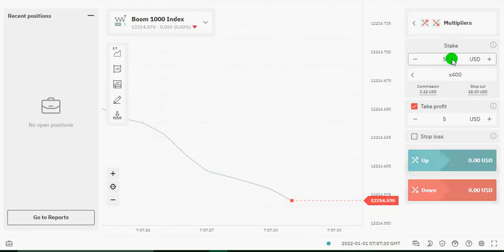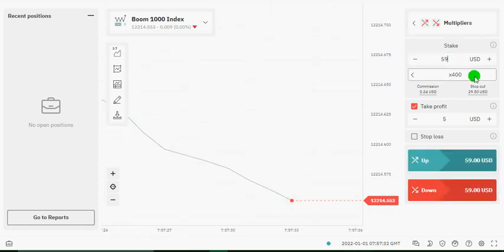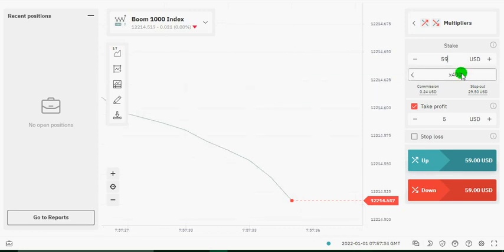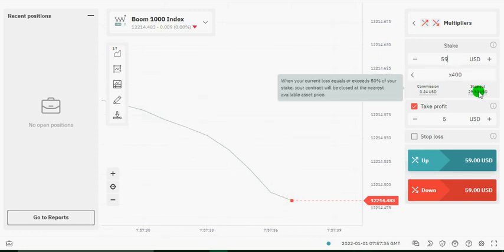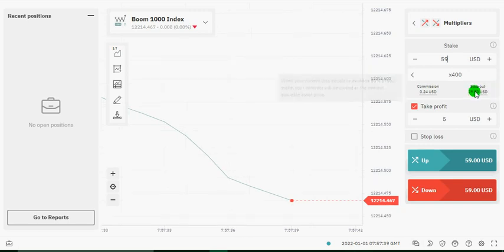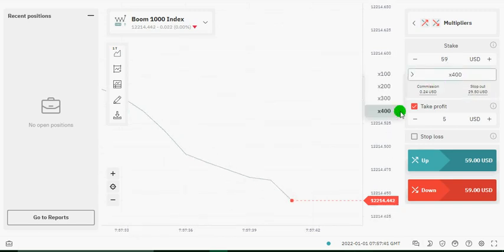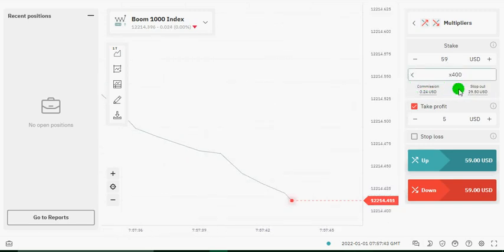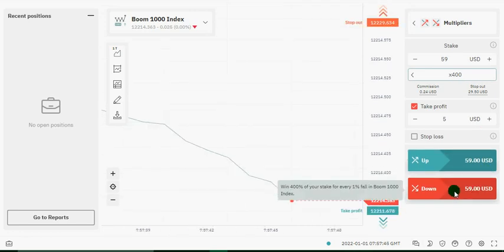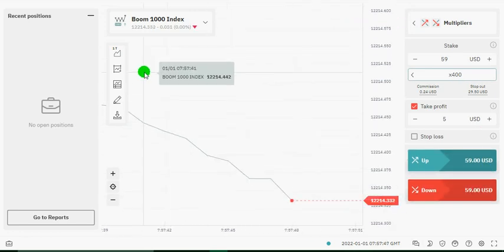So we're going to change this. Actually, we are not taking the 59. This is stop out. So once you hit this, that's when you'll be making a loss, if you are going to make a loss. So we're going to increase this to the maximum for us to be able to increase the commission. We are trading the down, but we have to set our indicator.